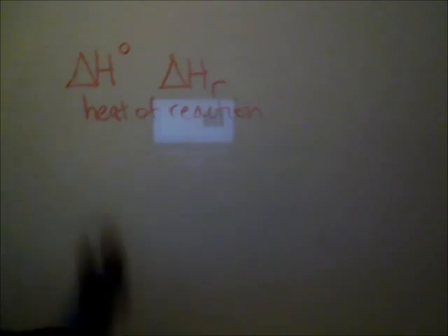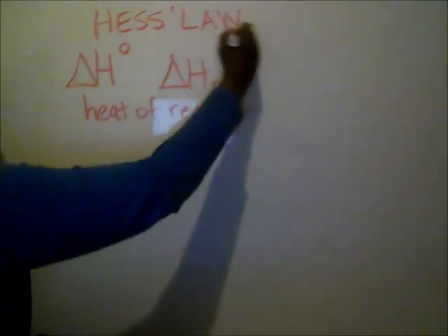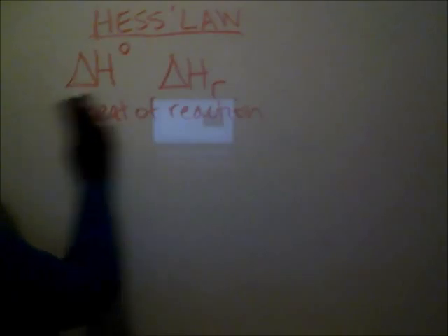So Hess's law deals with trying to figure out the heat. Hess's law says if you don't know what the heat or the enthalpy is of a reaction, so if you don't know whether the reaction has gained or lost heat, Hess says just look at the steps, and you can figure it out that way. So we'll look at the steps and figure it out. But what we're trying to find is the heat of reaction. So as an example,